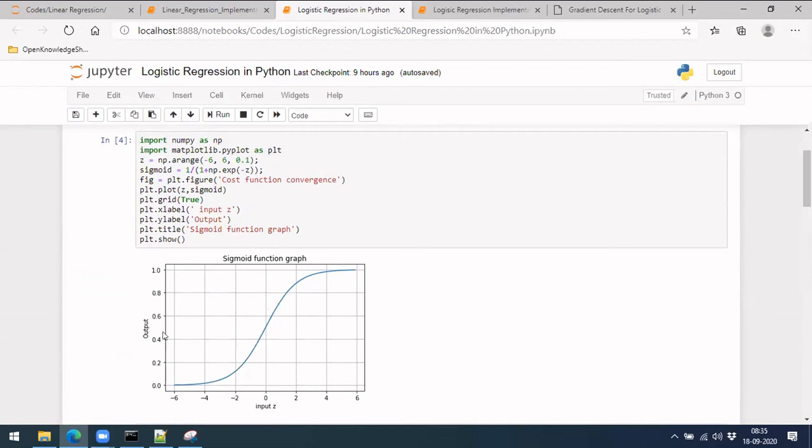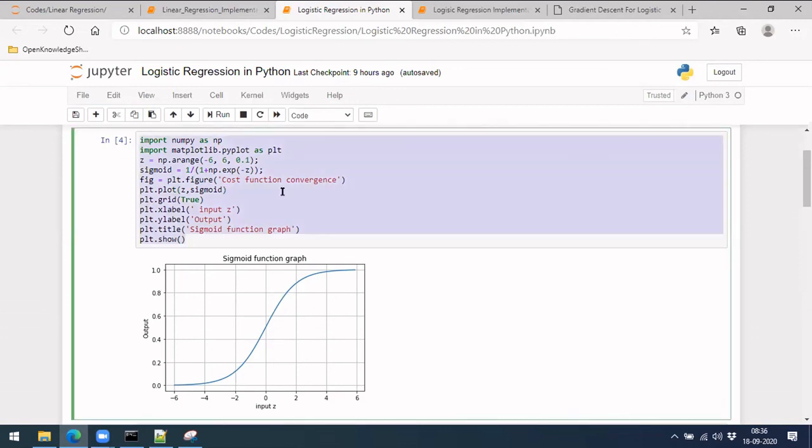What this will be doing is, if our z value is greater than 0, your output will be greater than 0.5. And if this z value is less than 0, your output will be less than 0.5. So this will be in class 0, this will be in class 1. That is what we discussed yesterday.